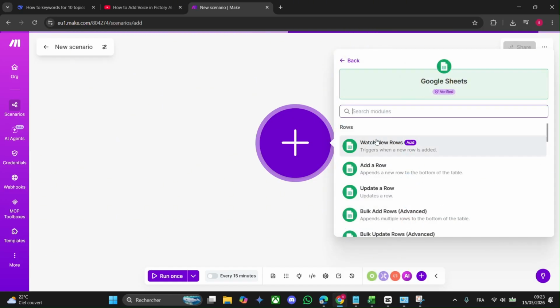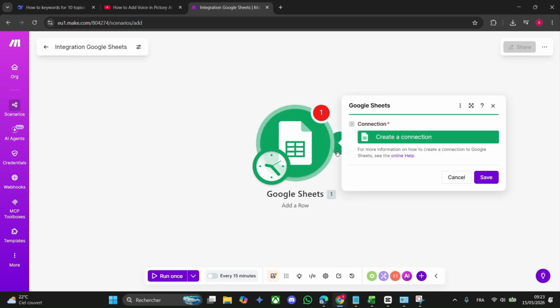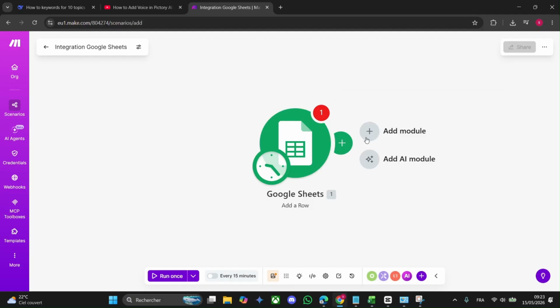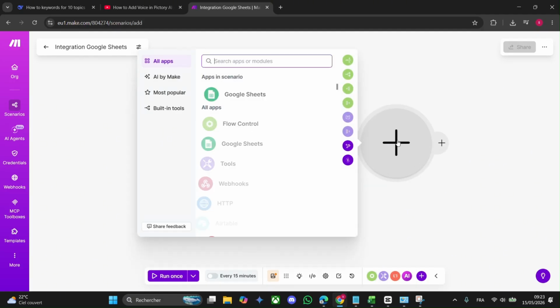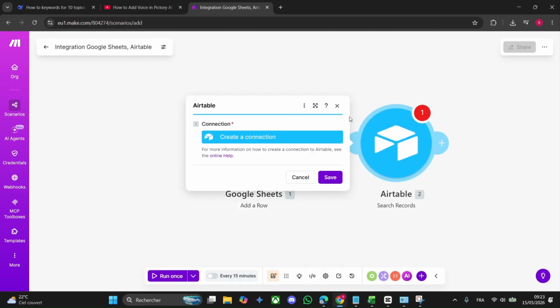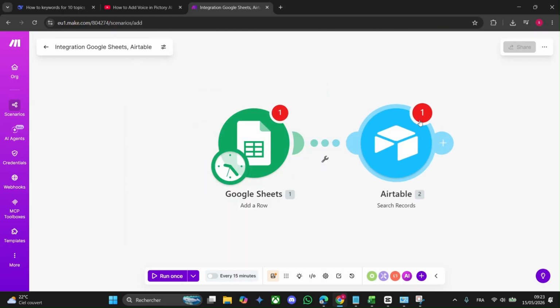For example, Google Sheets, select the event, add a row, and you can click on create connection here. So you have to connect your account that is related to your Google Sheets. And you can also here click on add module plus button to create a second tool for your webhook. For example, select table, select your event, and here it is, guys. You connect your table to Google Sheets, and you created a full webhook